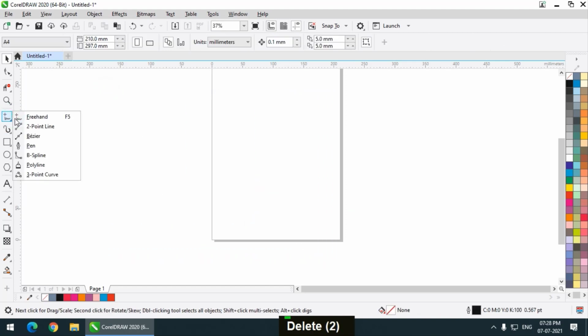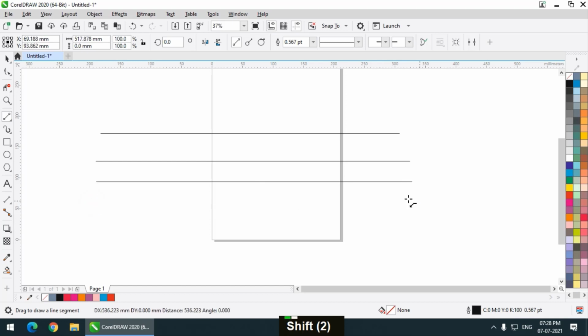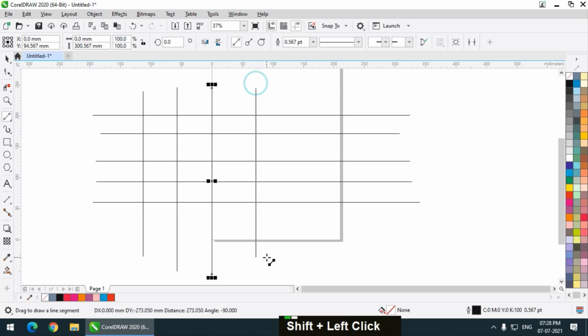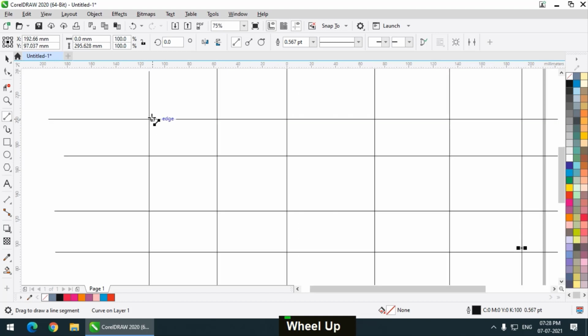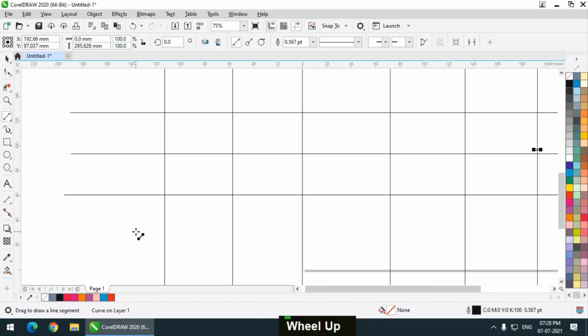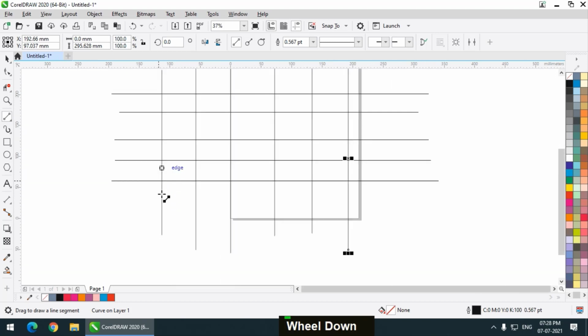What are those? So I will use line tools to demonstrate the other segments. So let's say I'm simply creating straight lines, and I'm going to create a few vertical lines like this. So as you can see, these lines are intersecting like this one, but this is the last time that these lines are intersecting. After this, these horizontal lines are not intersecting the vertical lines. Similar thing here, these horizontal lines are not intersecting after this point.